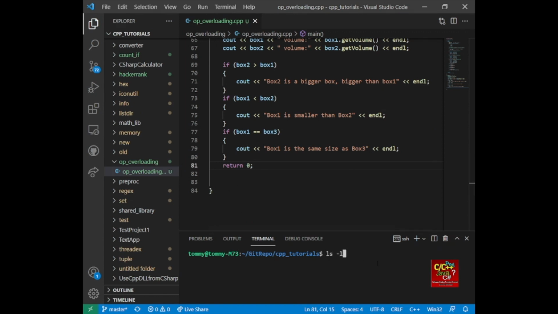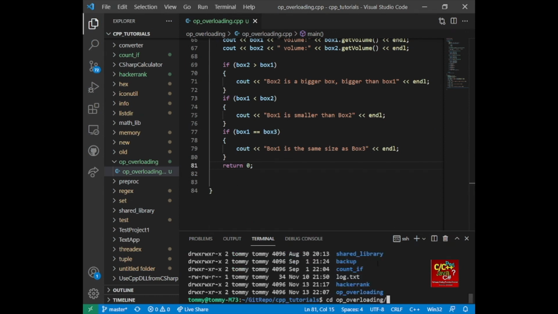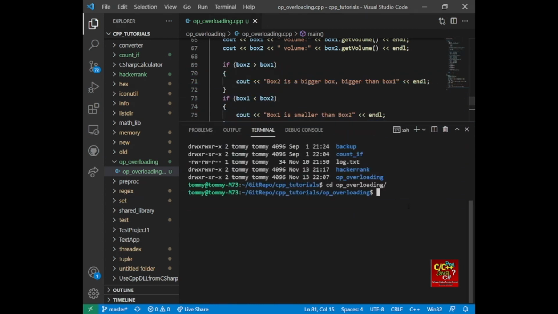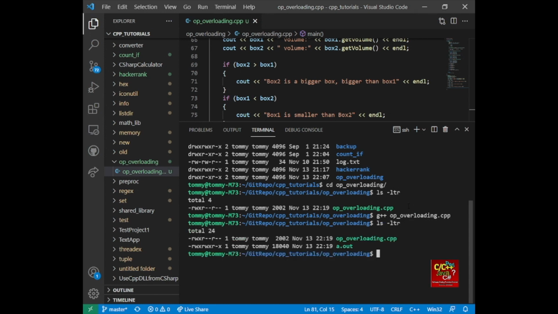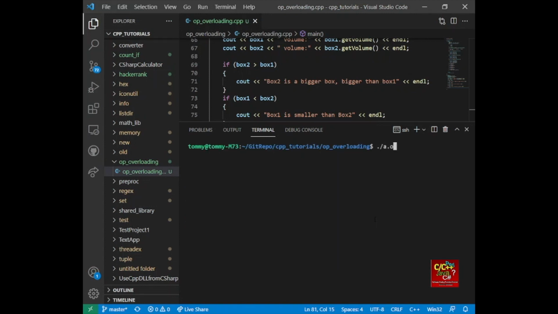So I have a directory called operator overloading below. So let's go in here and let's list the file. So I'm gonna type in g++ op overloading, and it compiled. Okay, you see that there's an a.out, right? So let me go ahead and clear it and type a.out,